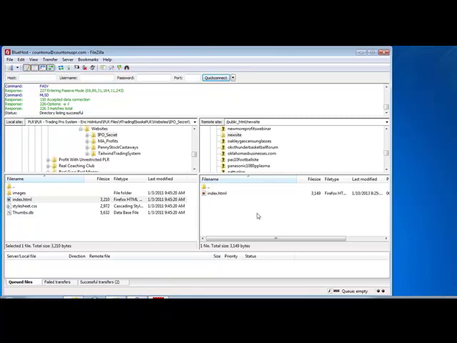Okay, in this video, we're going to go over some more basic elements and more advanced elements of using FTP to manage your files and how to get your website files onto your hosting account. So let's say we want to get images from our computer that work with our website, and we want to load them up to our web hosting